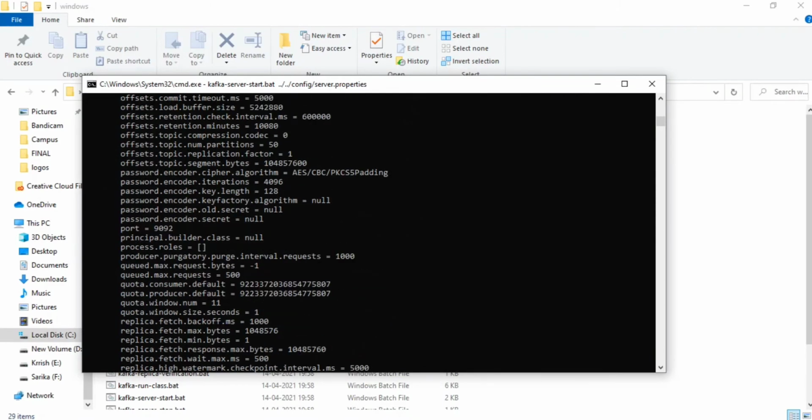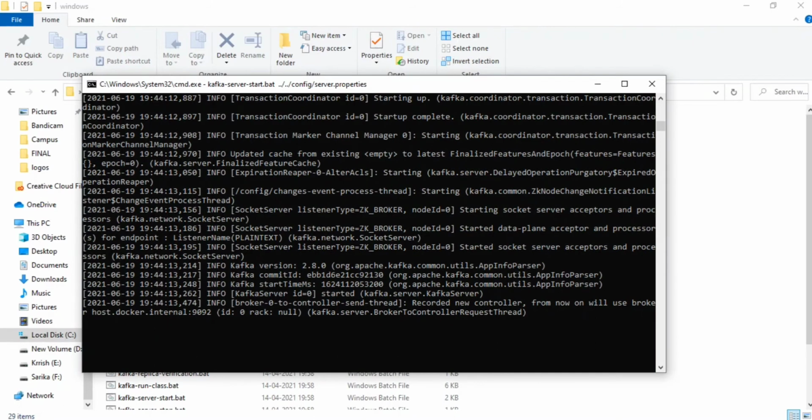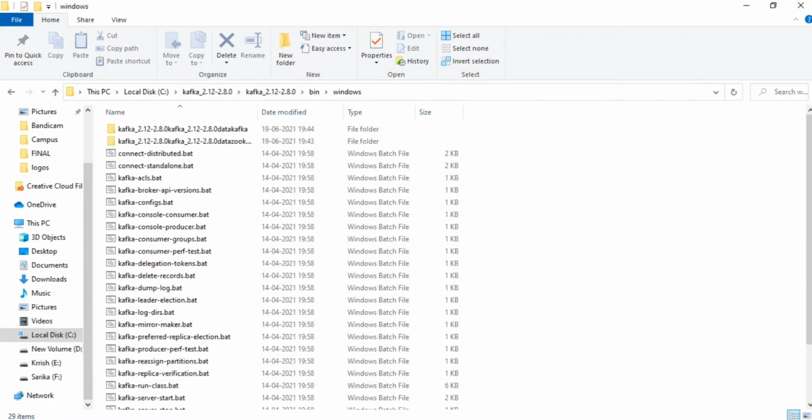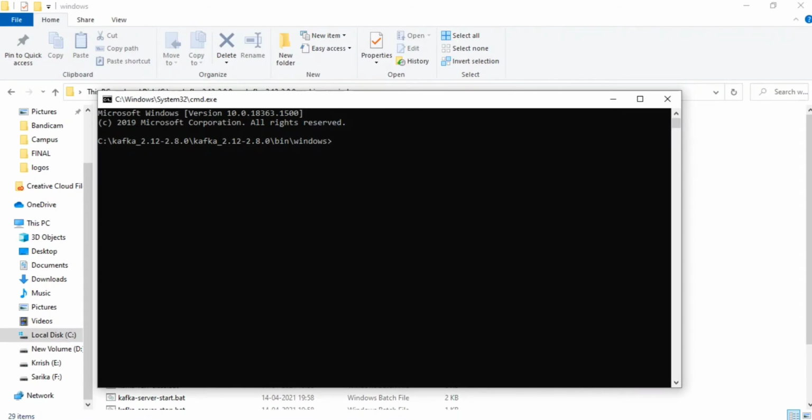So now the next step is we will open a new command prompt window, and we will see if there is any topic already created, but it's a fresh installation. Definitely there will not be any topics, but we are very optimistic, so we will see whether there are any.